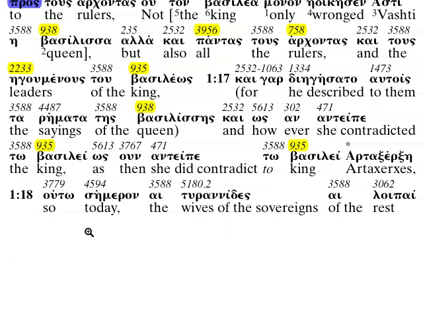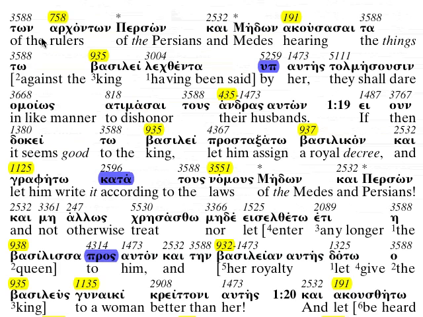So today, he says, the wives of the sovereigns, the Tyrannidis, tyrant, is an English derivative, a sovereign, and then ending with the feminine. The wives of the sovereigns of the rest, tone, of the rulers, the rest